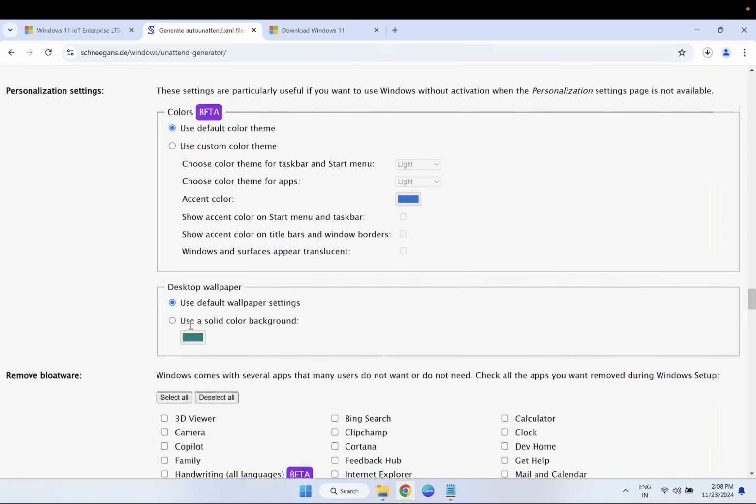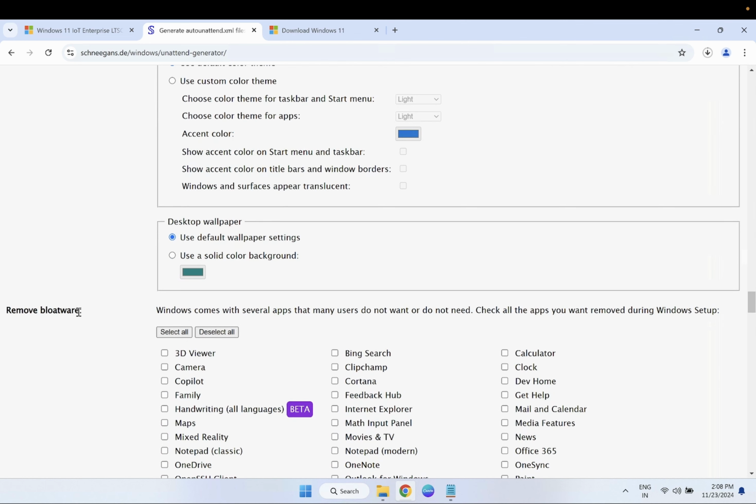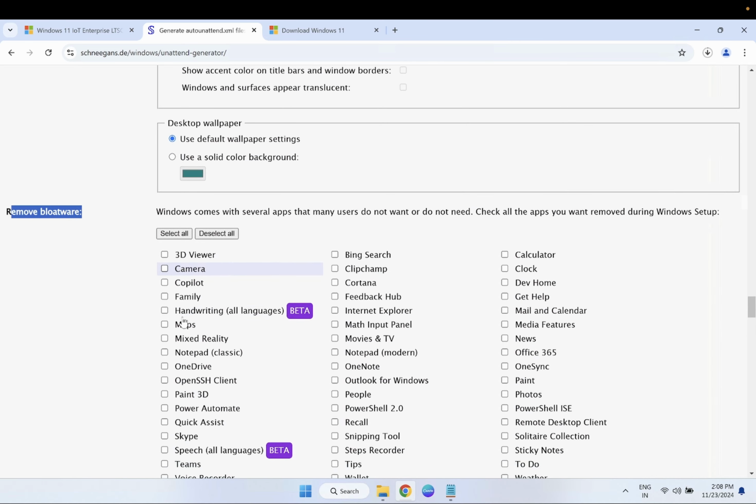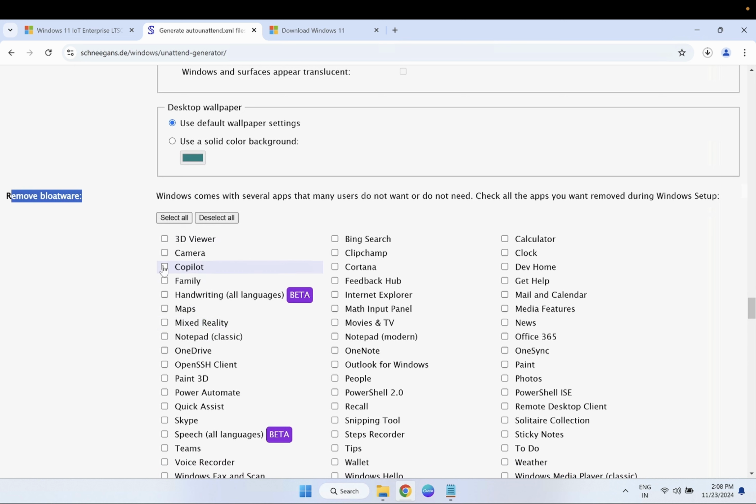Desktop defaults. Now this is very important: remove bloatware. Here you need to give focus on what you want to keep. If you want to keep all the options, you can leave all the settings. But if you want to remove the bloatware like Copilot, if you don't want Maps,